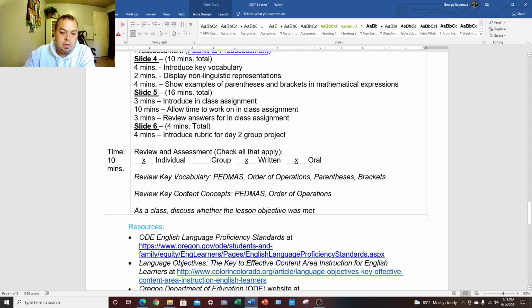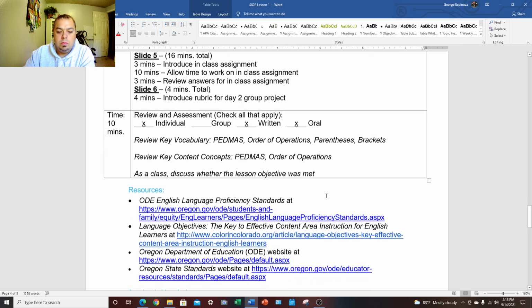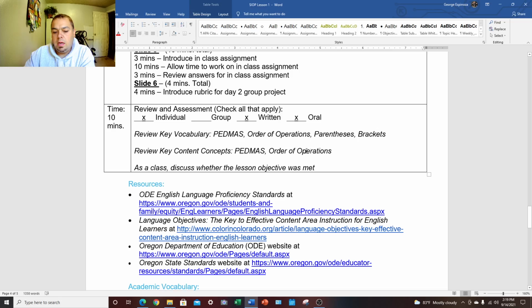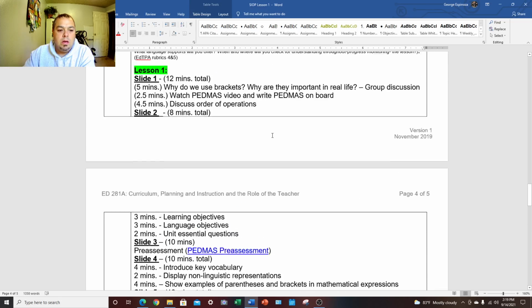as well as the key content concepts, which would also include PEMDAS and order of operations. We would then discuss whether or not a lesson objective was met prior to moving on to the next task. So here we have my